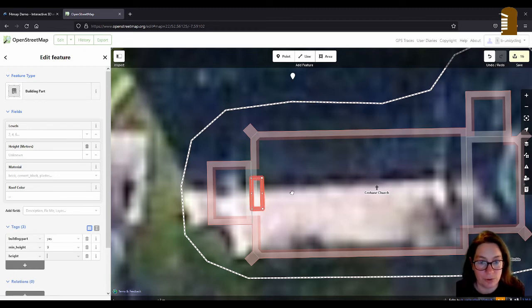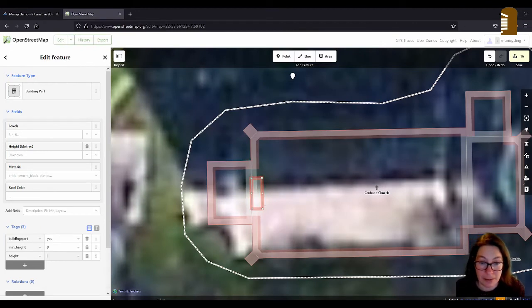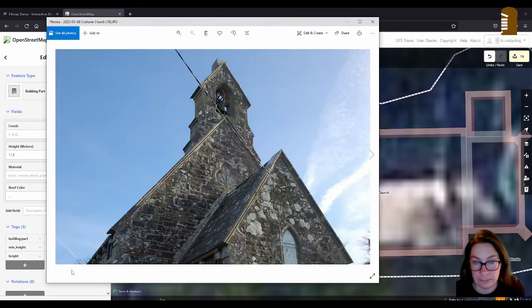And you just have to estimate the height of this building part and deduct that height from, it's complicated. I would think it's maybe 1.50 meters above the ridge of the roof. So 11.50, because the ridge of the roof is 10 plus 1.50. So that makes the whole structure 2.50 meters high.